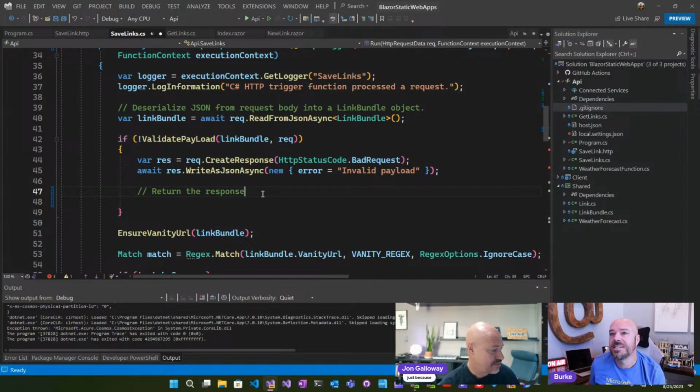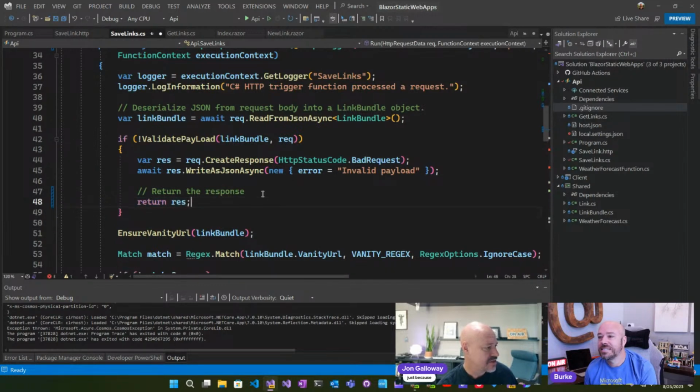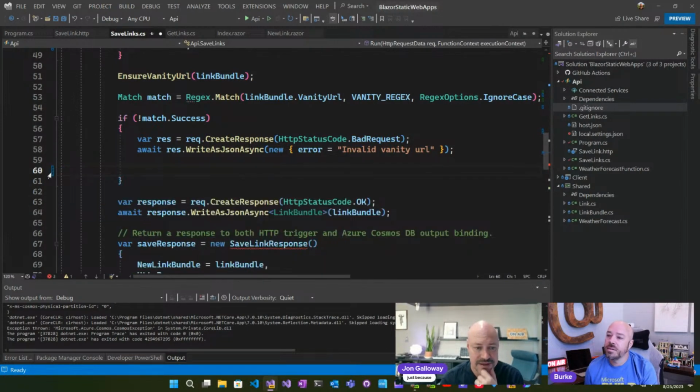Await, blah, blah, blah, return the response. So I think I need to say, yeah. So that is one nice thing now, it simplifies a lot of the stuff. We were having to do this kind of wrapper thing and we don't anymore. So that's kind of cool. You know what I'm saying? As opposed to this whole deal here, we can just return the thing. So we can do,